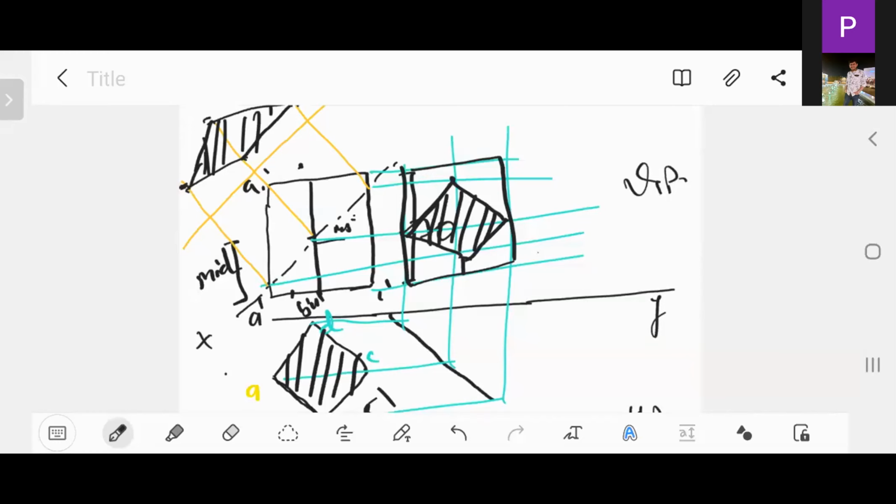Okay, complete this drawing. Then after, type done in the chat box. After completing this drawing, what you need to do: front view, top view. Then after section line, sectional top view, sectional side view, and true shape of the section. That's it. Okay. The procedure is similar to the previous one. So if you're facing any difficulty, any queries there, you can ask me anytime. Otherwise, just complete this drawing and type done in the chat box.